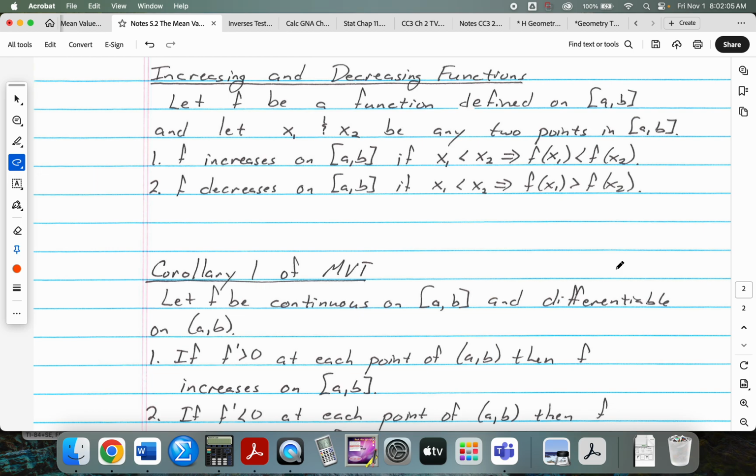So if I have f as a function that's defined on this closed interval from a to b, and x1 and x2 are any points in that interval, including a and including b, f increases on the closed interval if for x1 less than x2, f of x sub 1 is less than f of x sub 2. Right? The function value got larger as the x value got larger. And then f decreases on that closed interval